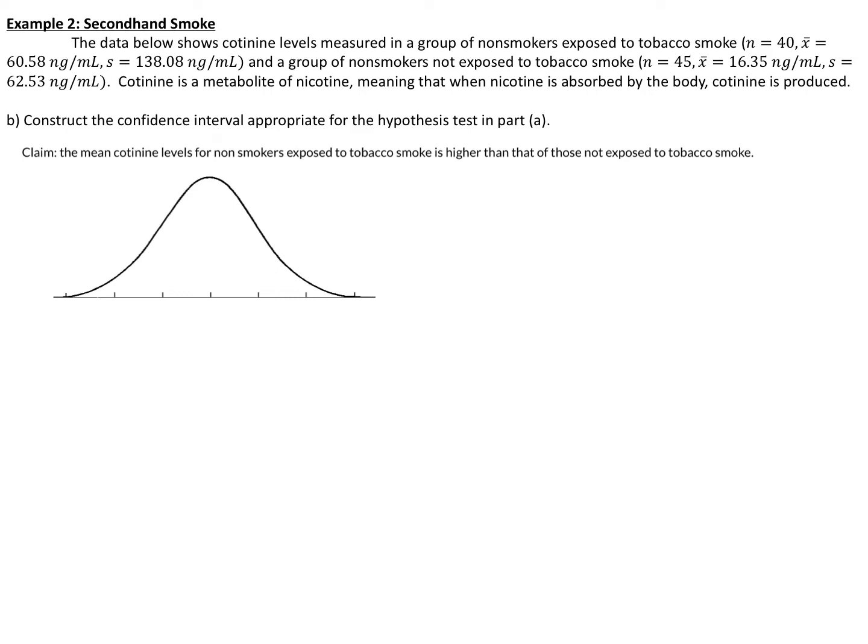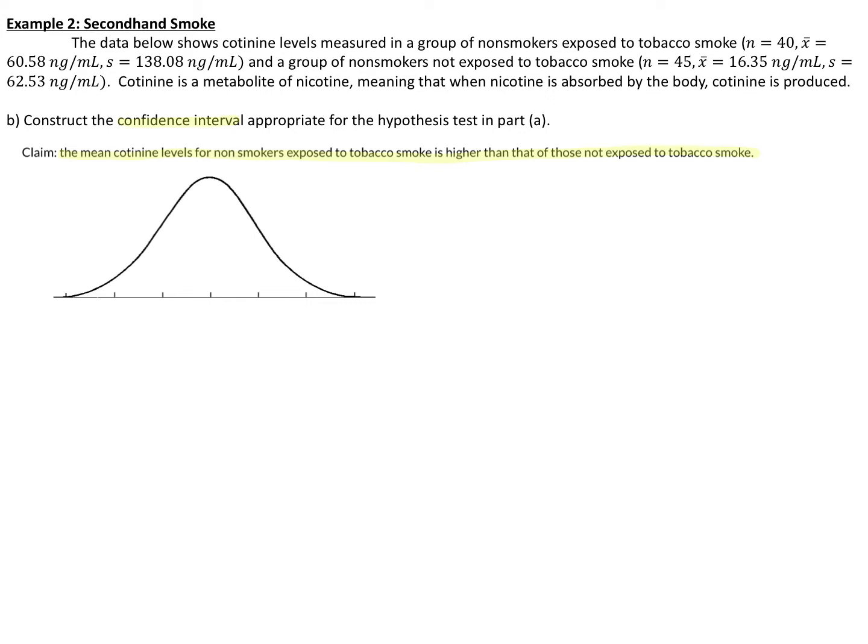This video is a continuation of the previous example where we were testing the claim that the mean cotinine levels for non-smokers exposed to tobacco smoke is higher than that of those non-exposed. But this time we're going to construct a confidence interval to test that claim instead of doing a hypothesis test. So before we actually construct the confidence interval, I want to talk real quickly about the alternative hypothesis and the